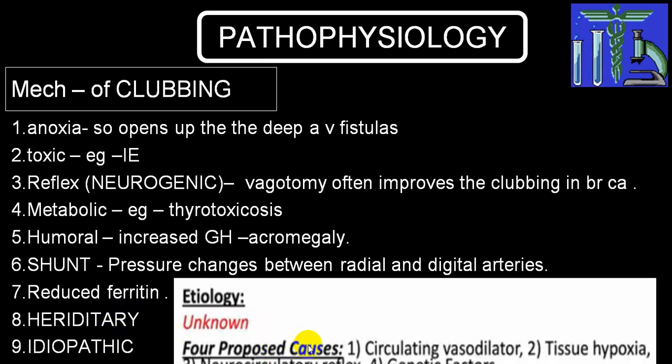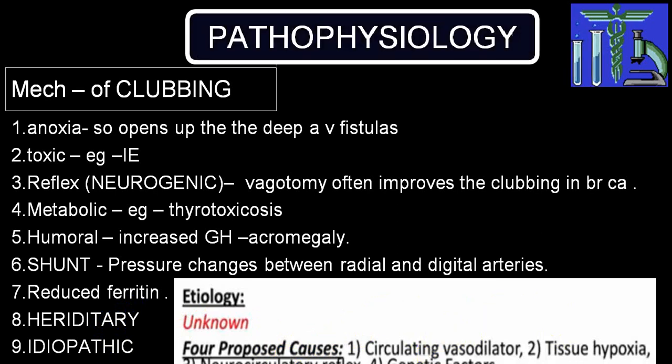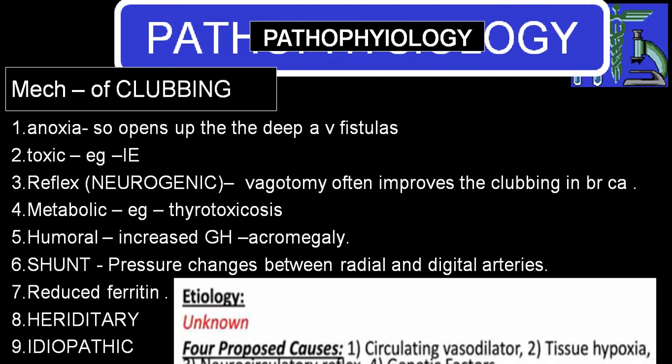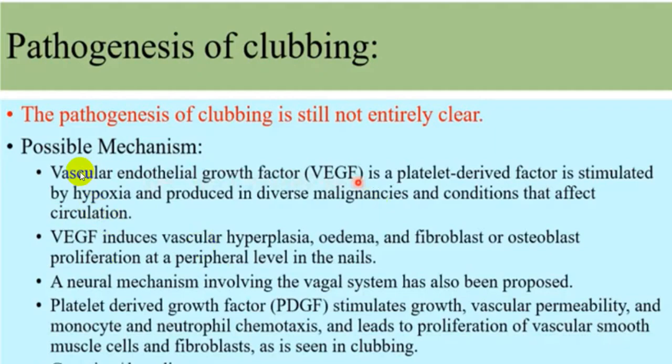There are also four proposed mechanisms which have been well established: vasodilator circulations, tissue hypoxia, neurocirculatory reflex, and genetic factors. There is another way of putting this pathogenesis: there is increased production of vascular endothelial growth factor, which is a platelet derived factor, and that is stimulated by hypoxia. Secondary to hypoxia, you get increased production of vascular endothelial growth factor, short form VEGF, which is derived from platelets and also produced in certain malignancy,